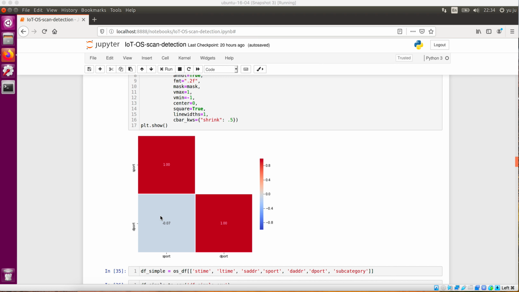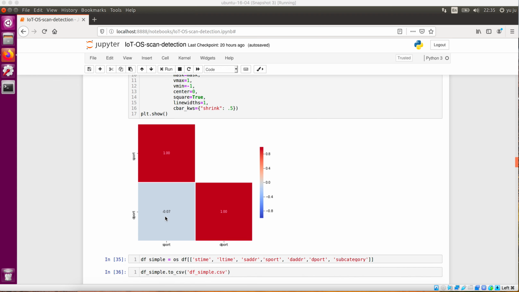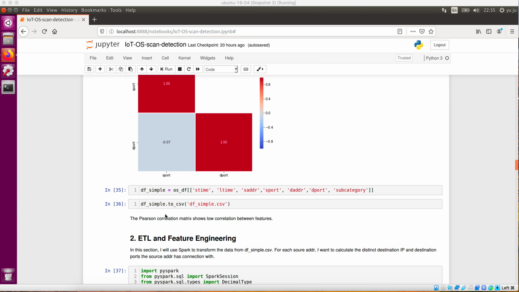Here is the correlation between destination port and source port. It's nearly 0, which means there is a very low correlation between source port and destination port, and that's also what we expected, as the source port and destination port really have nothing to correlate. Then we save the data frames into a CSV file,